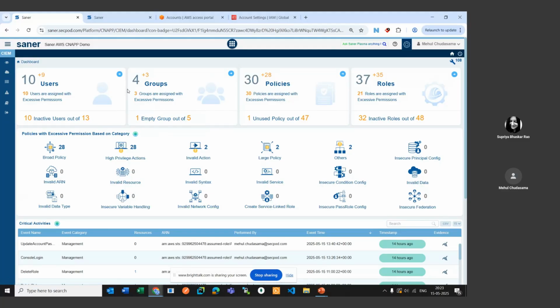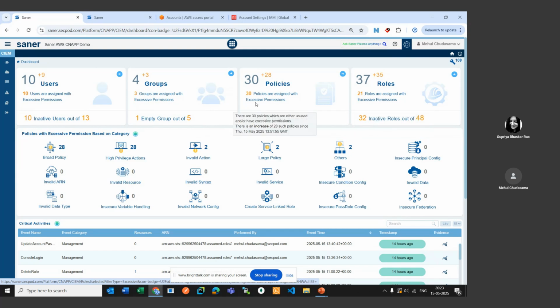So here, if you see in our CIEM module, we show you the users which have been assigned excessive permissions, users that are inactive, groups that have been assigned excessive permissions, groups that are empty, policies which are unused, and roles which are inactive as well, or some of the roles which are having the highest number